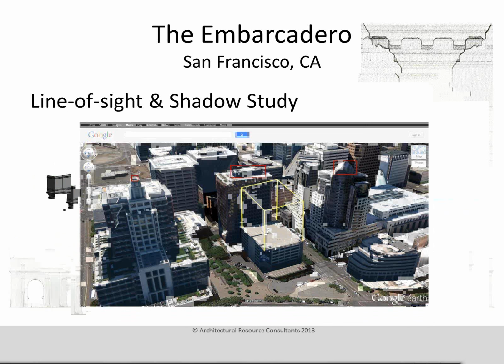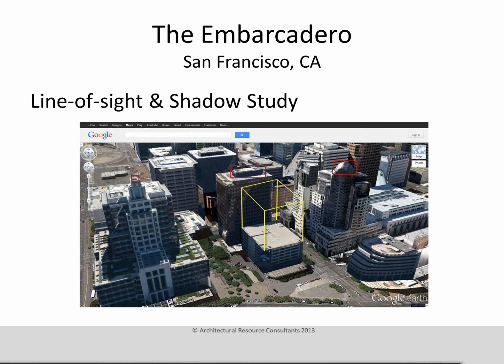So what they decided to do is to use laser scanning. These red boxes represent areas where we had concerns about whether we'd be able to capture data. All the scans are going to be taken from the ground level up, and we didn't think we'd be able to see some of these elements on top of the buildings that would be important for these studies. Nonetheless, they decided to move forward with it, and